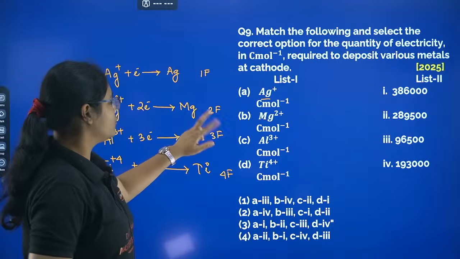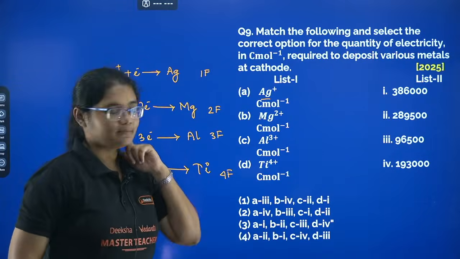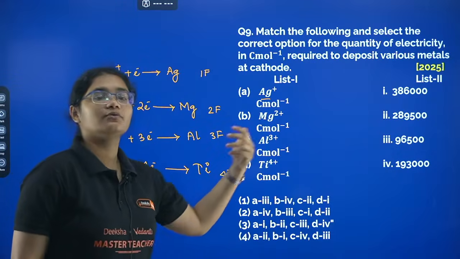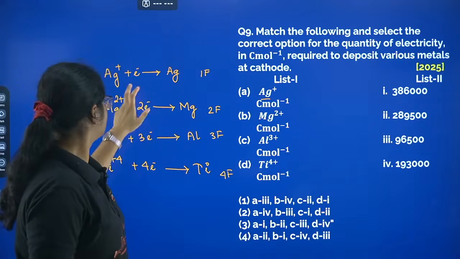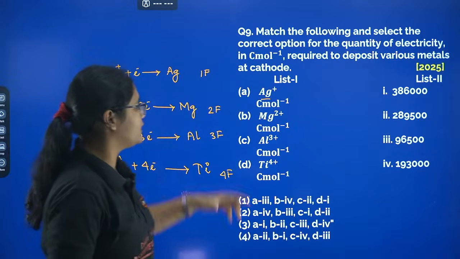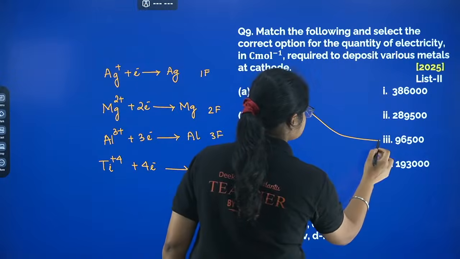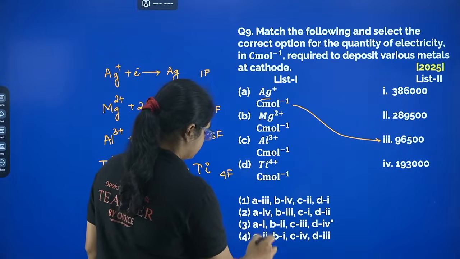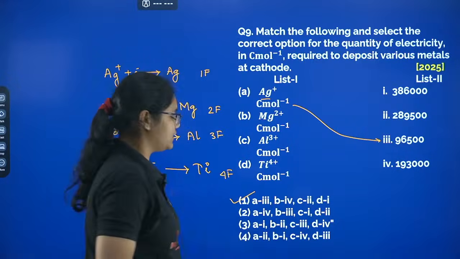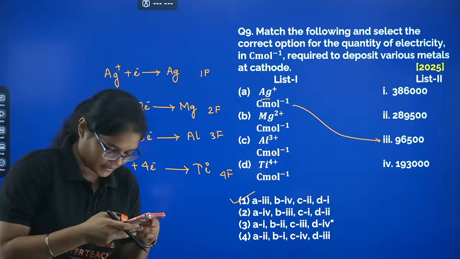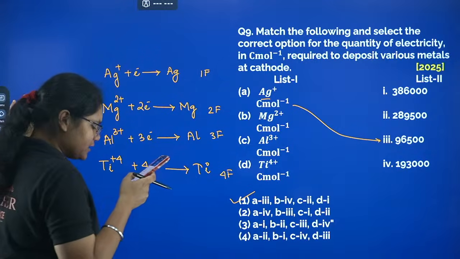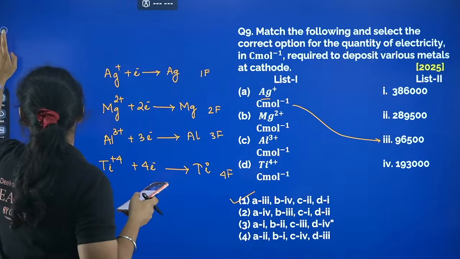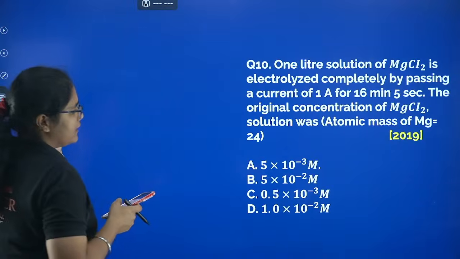Now 1 Faraday is how much? 96500 coulomb. 2 Faraday is 2 into 96500. 3 Faraday is 3 into 96500. 4 Faraday is 4 into 96500. So option number 1 Faraday is your 3, that is 96500 coulomb. 1 has to be 3, which is only present in option number 1, so that is why A. Yes, 9th A is absolutely correct. Nagaraj, Aishwarya, Madhavi, all of you have given me the correct answer. Next question,